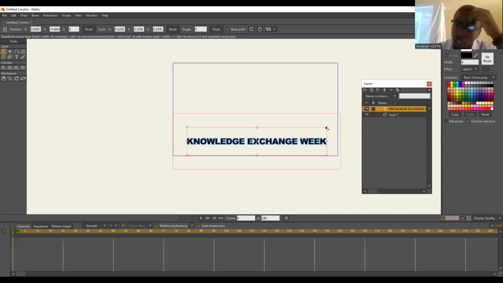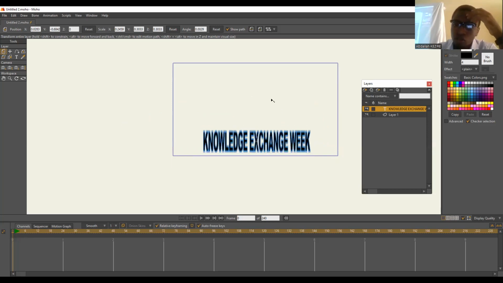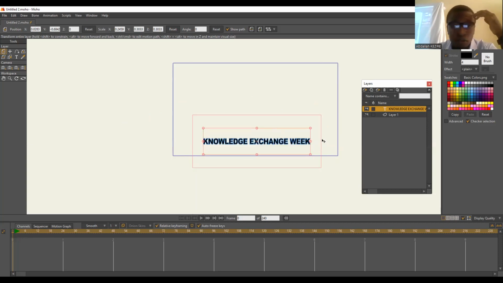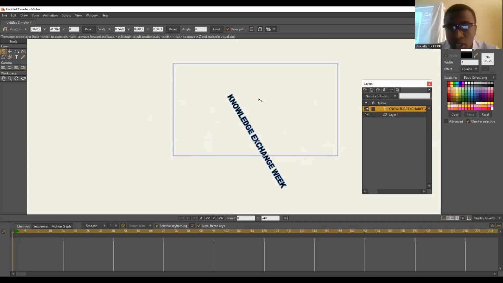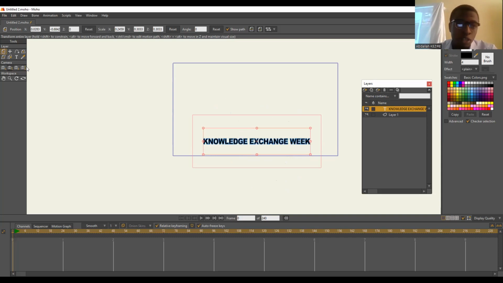The second tool we talked about was the scale tool. I can scale it, which is a very interesting feature. You can scale it vertically like this, you see, or you can scale it horizontally or vertically. You just do whatever you have in mind and it's okay. The last tool was the rotation. You see, I can rotate it as much as I want. I still get the same result.